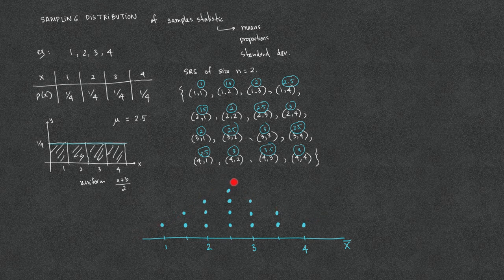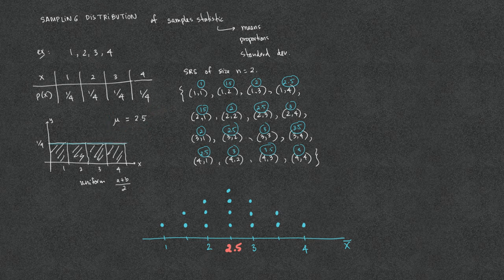even though the distribution of the values 1, 2, 3, 4 originally was not a bell-shaped curve. In fact, it is a flat, uniform curve. But the sampling distribution of the sample means is now normal. It looks like it has the mean or the center. The average of these 16 numbers is still 2.5, which is the same as the mean of the original